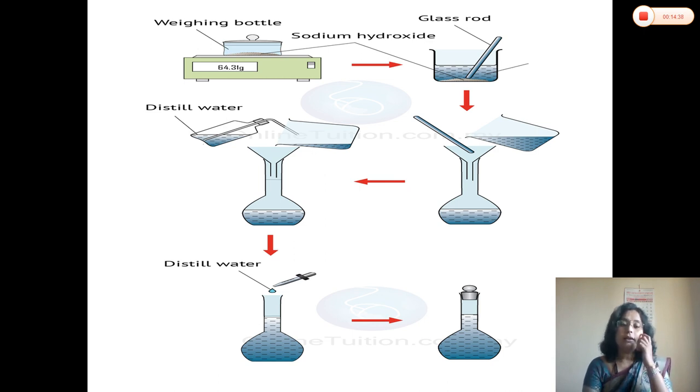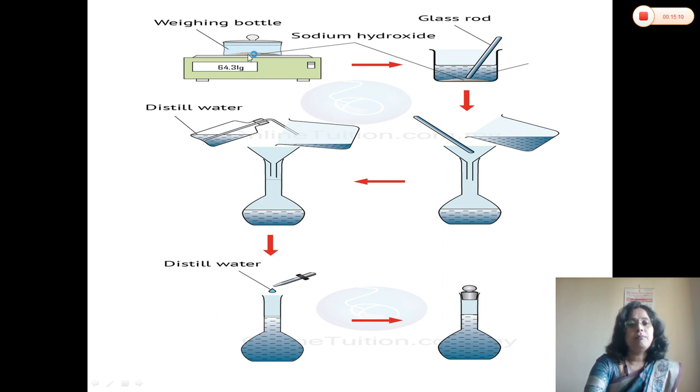So to prepare, for example, a one normal solution, we have to take 40 gram of NaOH in 1 liter of solution. But if you reduce the amount of solvent, for example if you have to prepare the solution in 100 ml, then 1000 divided by 10 is 100, so 40 divided by 10 is 4. So you need to dissolve 4 gram of NaOH in 100 ml of distilled water. In this way, whatever weight we have calculated with the help of the formula,